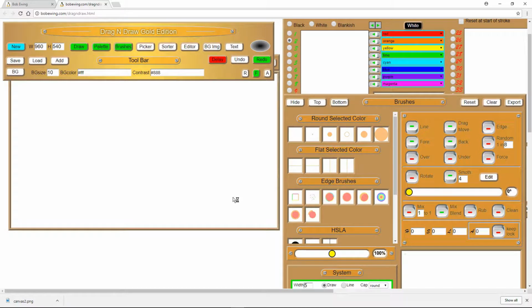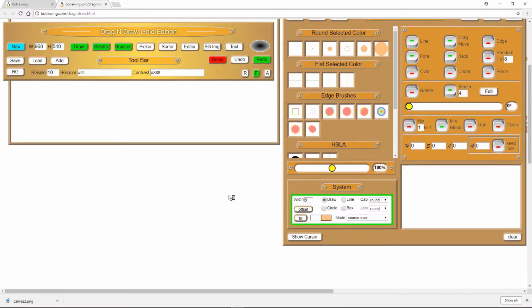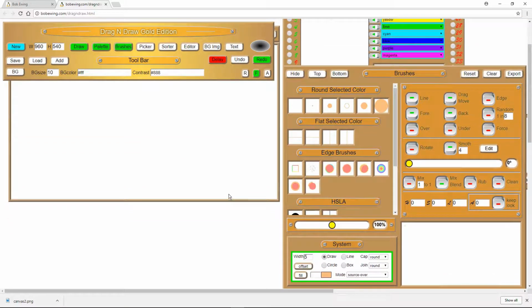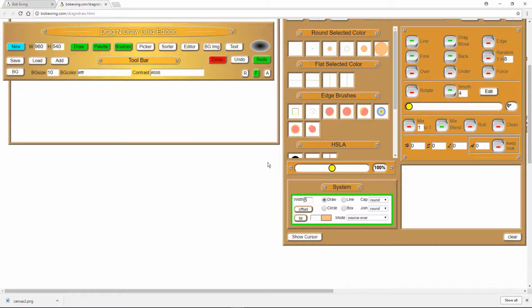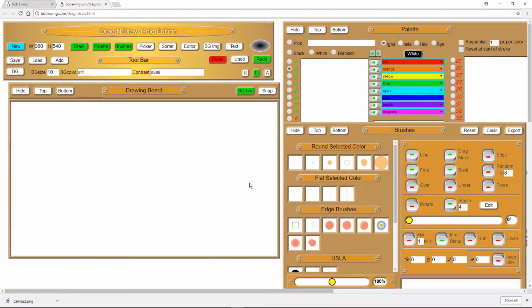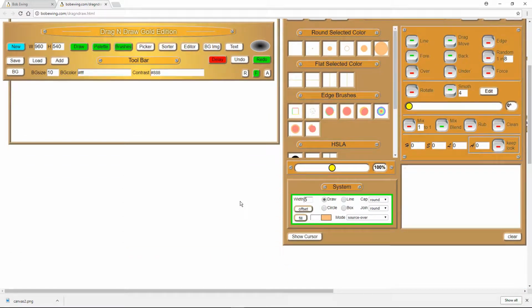They've all been created by the editor. Editor's really nice. You can actually probably make brushes almost as fast as you can pick one anyway. So that's why there's not a huge selection over here. I find I make brushes as often as anything else. The system brush is included because I also wanted to learn how to use the built-in system